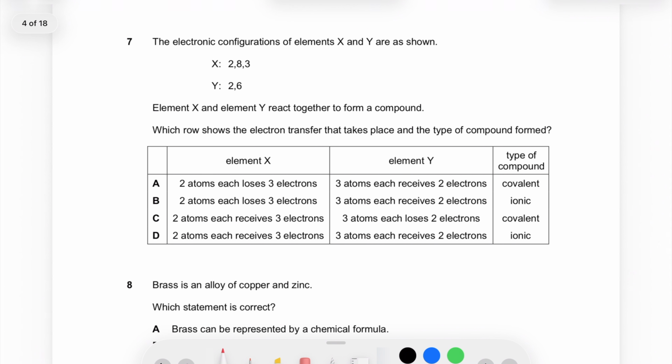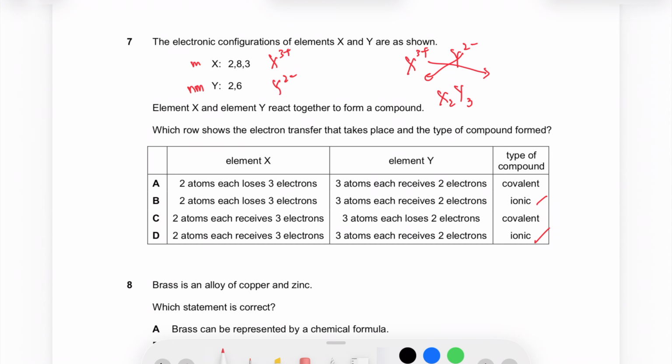Moving on, question 7. So X is 2,8,3, so it's actually 3 plus. Y is 2,8,6, so it's 2 minus. So they react together to form a compound. Okay, so you can do your crossing. So if you cross, you get X2Y3. Okay, so once X is a metal, and this will be a non-metal. Okay, so definitely it will be ionic,